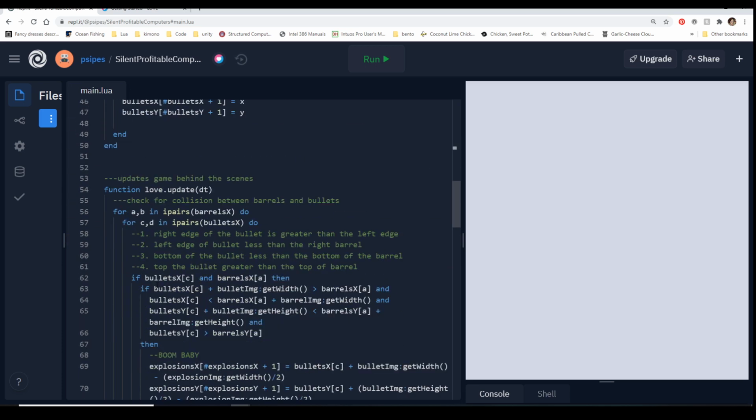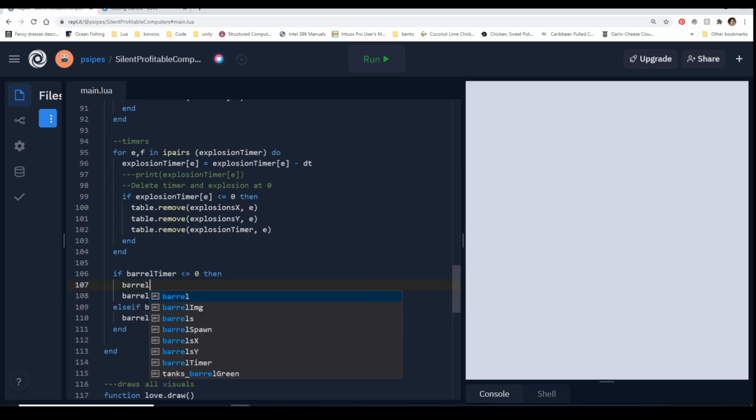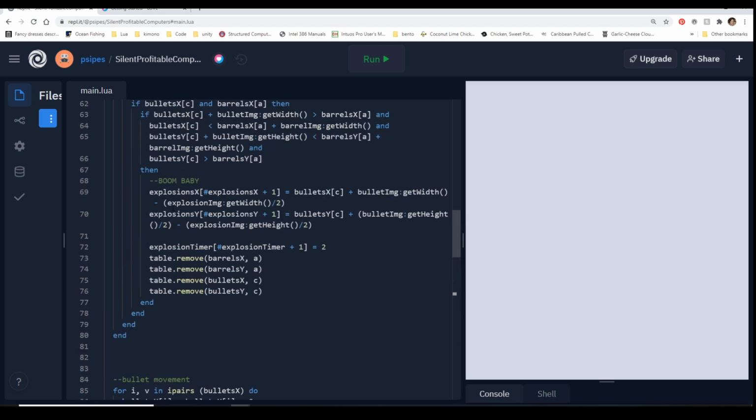And then we can come down here and say barrel spawn. And then where we were going to add it when we had this explosion happen, you can just add barrel spawn.